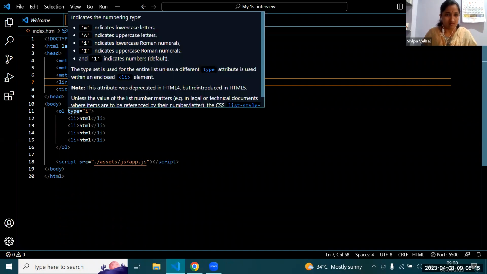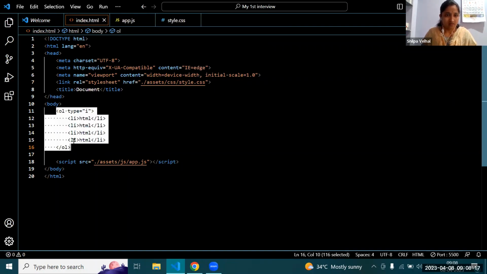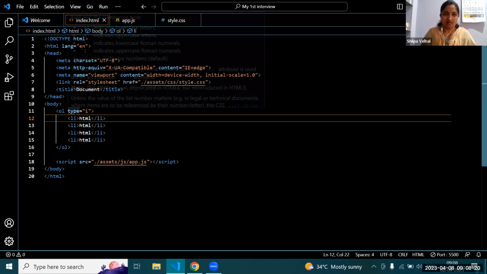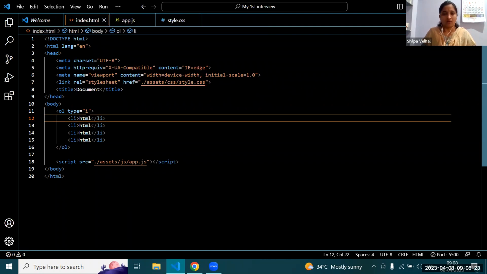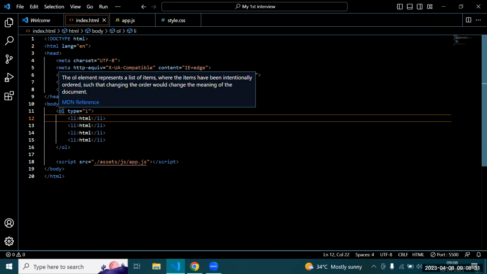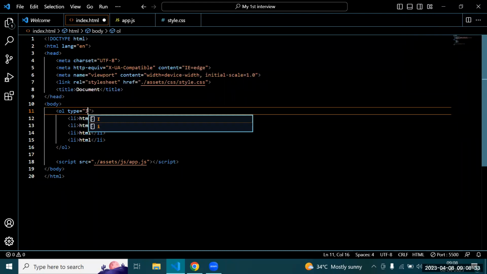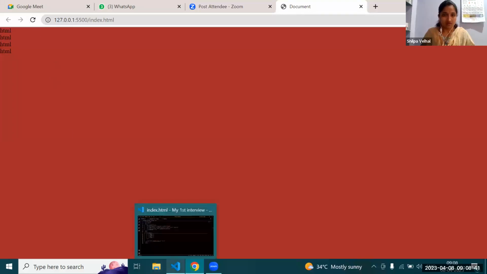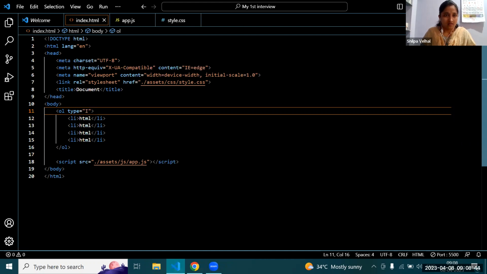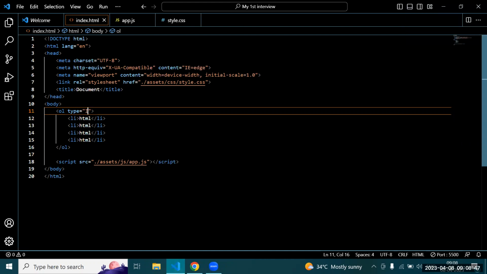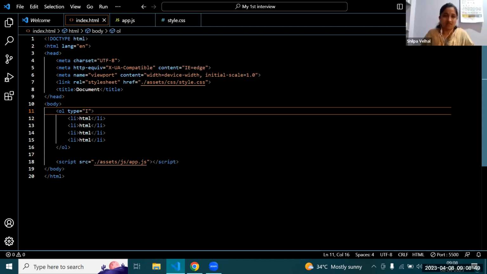Sir, I think there's some error, but we can take it like this: type equals in colon. Which type, sir? We can give it here. Type should be capital, right? It doesn't show here, I don't know why. Okay, check it after. Sir, is this right? I'm sure. Okay, yes.